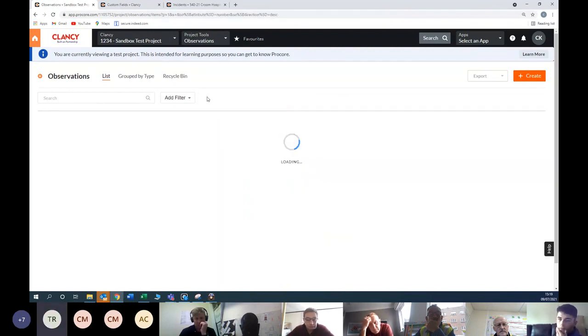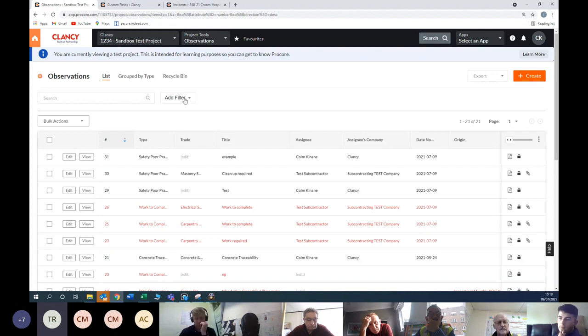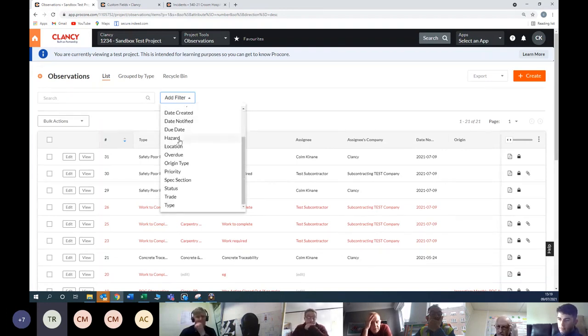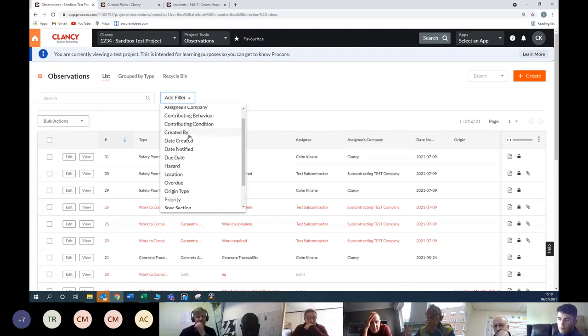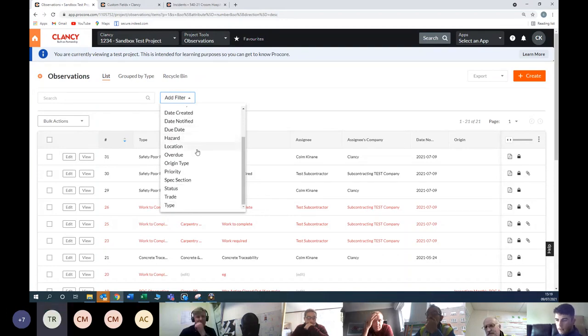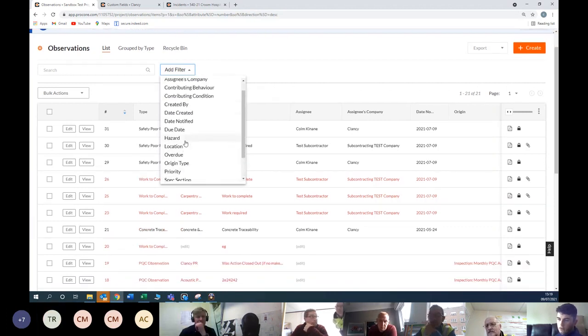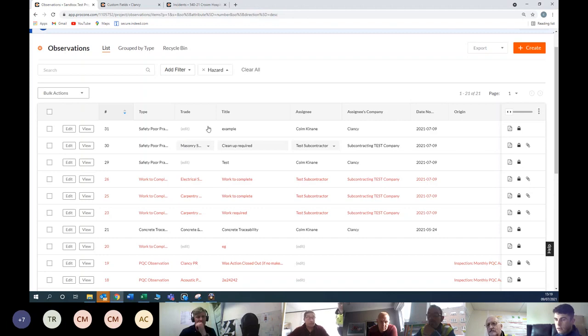And could you filter that by hazard, like say if we're working at height? That's what I'm thinking, Tom. So can you see on a site, have you got 10 working at height observations over the last 10 days, so to speak? Exactly. Yeah, and so you see here, you can filter it by hazard. Staff as well. So if you just click filter by hazard here,